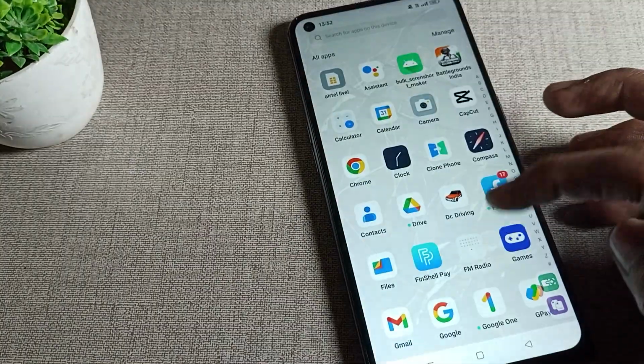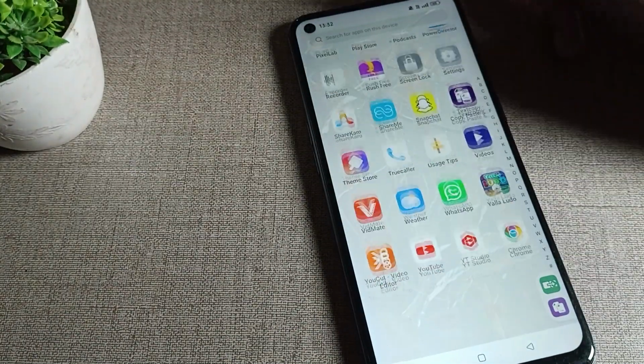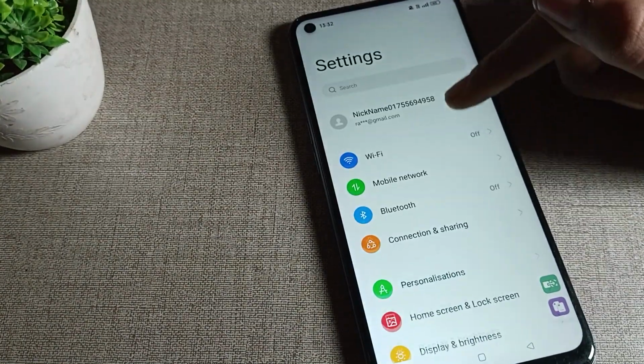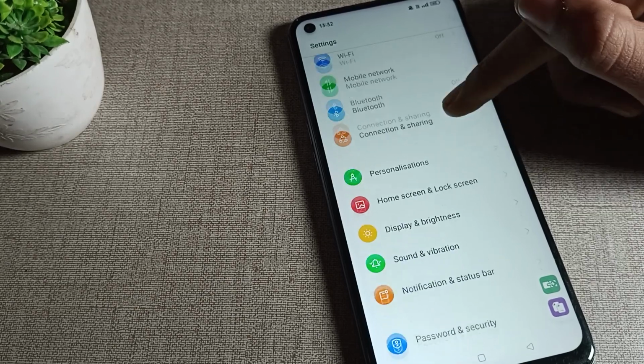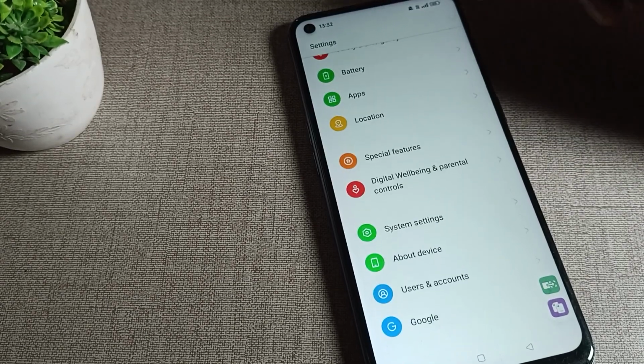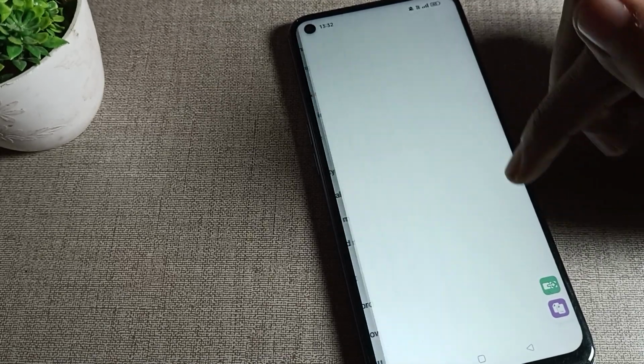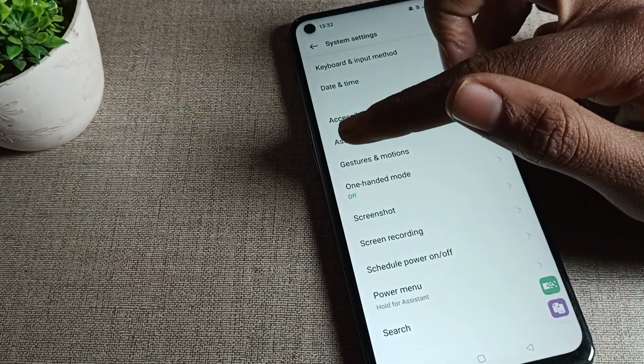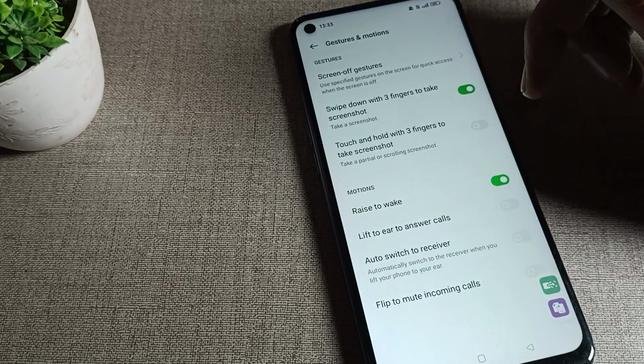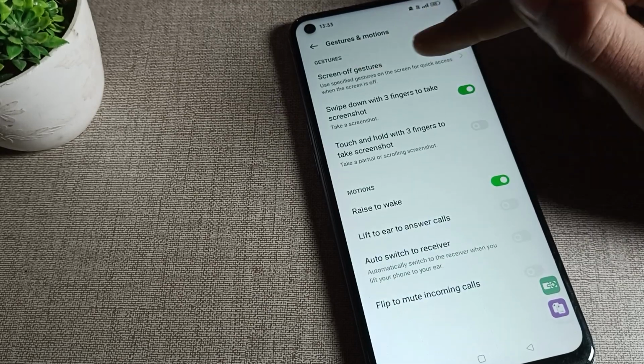Friends, I will show you. So open your phone settings to fix it. After opening phone settings, you will have to open your phone system settings. Click on your Oppo mobile phone system settings, and friends, you can see the setting in your Oppo phone device. So friends, click on this gesture setting, and once you can see this second option,